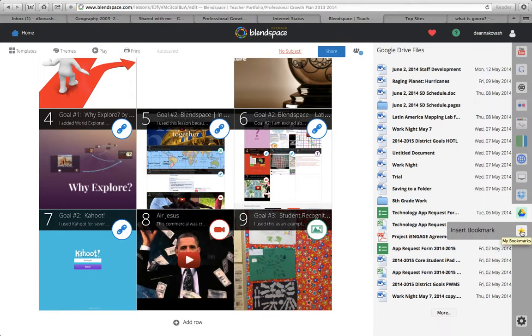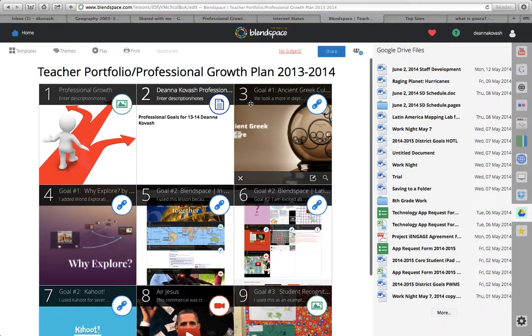If I would like to have a bookmark that I would like the students or staff to use, perhaps something that I have done, I could also click on the bookmark and do that. So in this way, you can use anything that is on your computer, whether it be in a U Drive or whether it's out on the web, and you would be able to provide proof or create a portfolio that shows how you're meeting